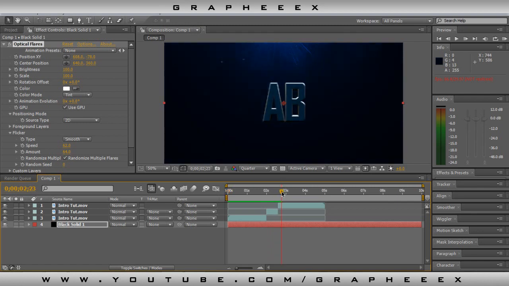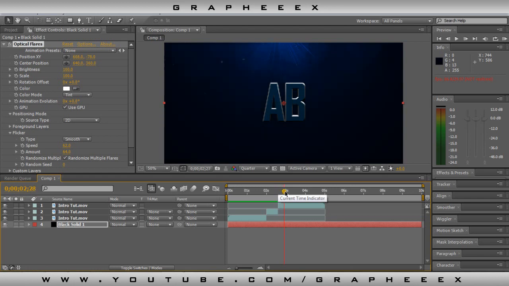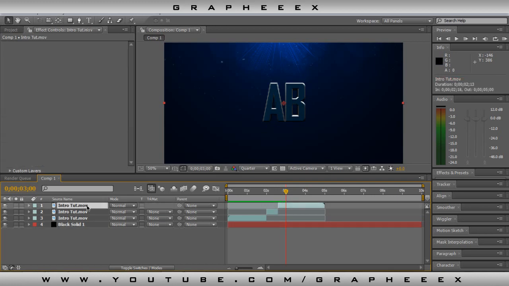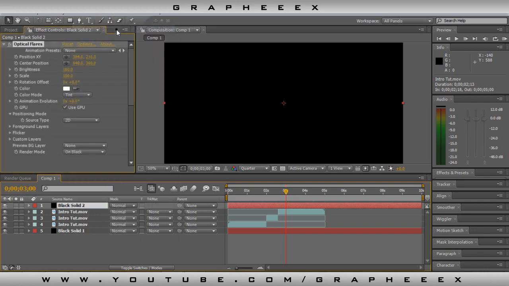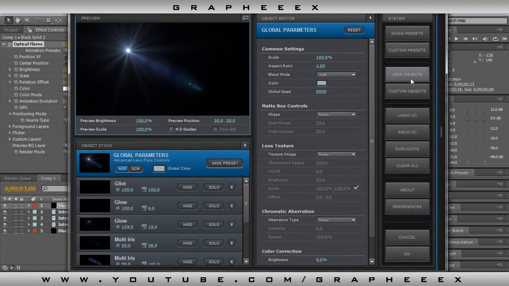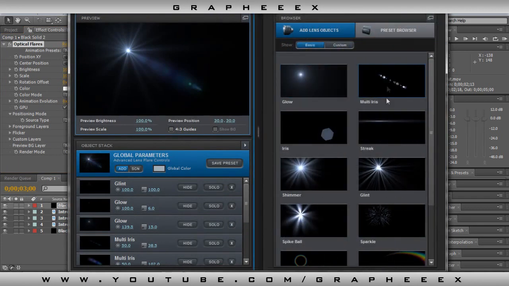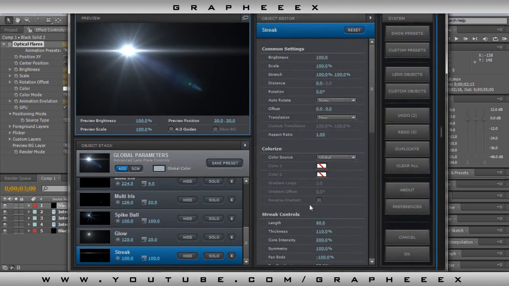Now after the twitch, you may want to add a flare going across the A and B. To do that, you need to make a new layer by pressing Control Y and then OK, making sure it's 1280 by 720. Make sure it's at the top and go back to effects and optical flares. Go to options, and if you don't have a preset, I'll show you how to make one just like before. Go on lens object, add a glow, add a streak. Actually, I have to get rid of these first. So clear all,